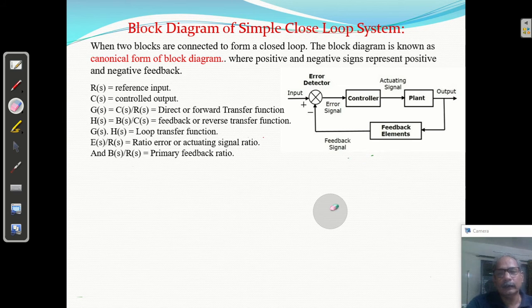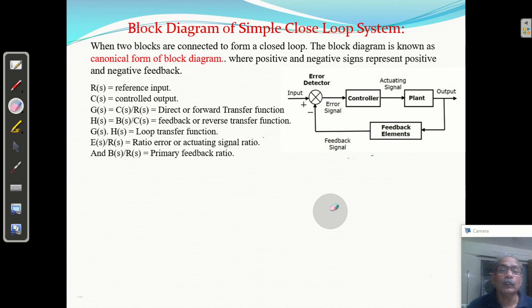I want to tell you one thing. This subject, control system, is for electrical students, mechanical students, chemical engineering students, electronics engineering students, and instrumentation engineers. This subject is common to all, so anyone can study it. Now suppose one car is there and the mechanical student has designed it, and the work of analyzing it is given to electrical or electronics students.